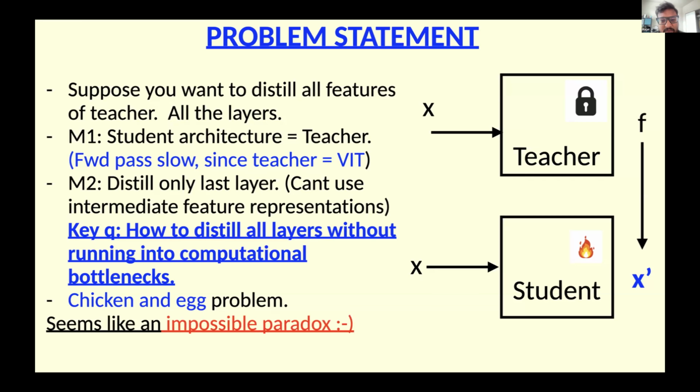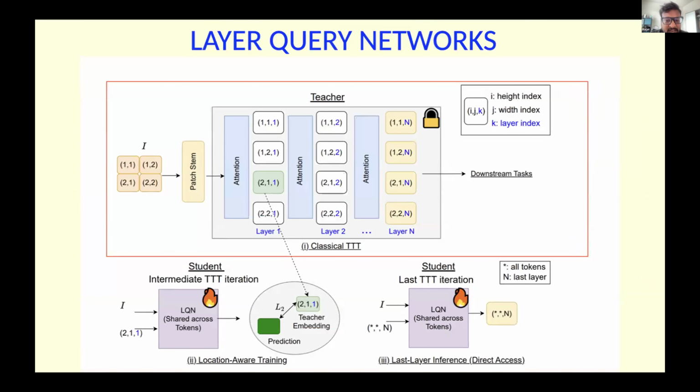And this is a fundamental problem, right? How do you distill a very big teacher into a very small student, distill all the layers and be able to retain the performance? And your student has to be small, it has to be. So this is a fundamental bottleneck in distillation. The way we come around to solve this problem is a bit fundamental. So let me go over this figure.